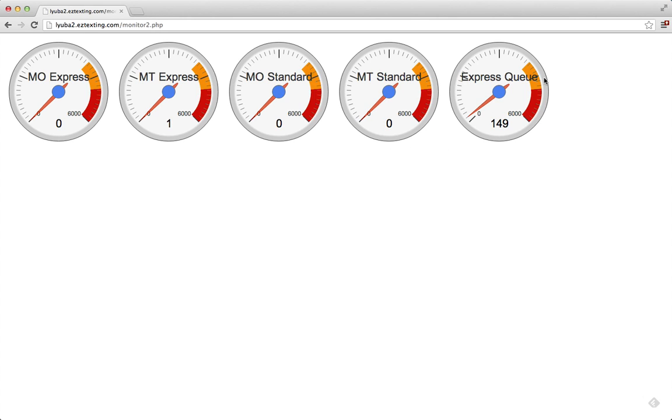This is the express messages queue from EasyText, and this number shows how many messages we have in queue on MTAs right now. And I think this tool can help us detect the problem, because when we have a lot of messages waiting in queue, then we have a problem.